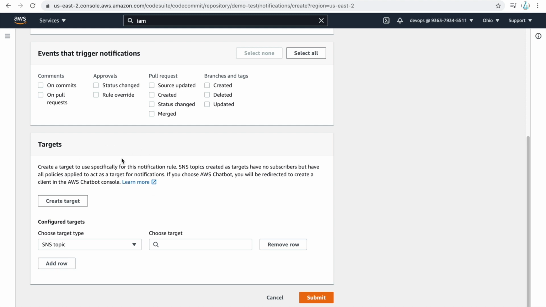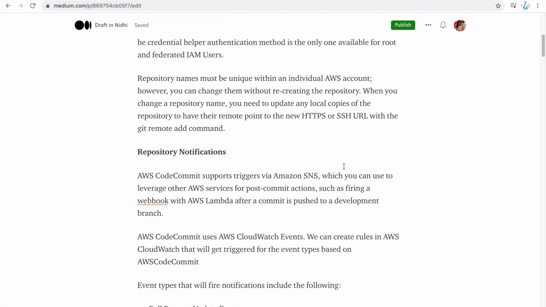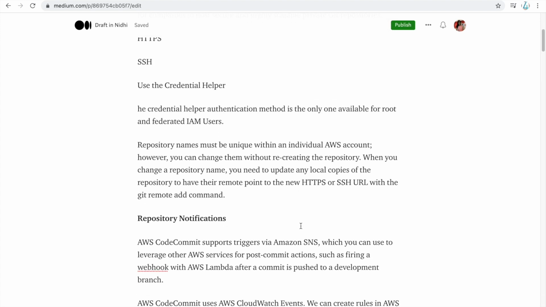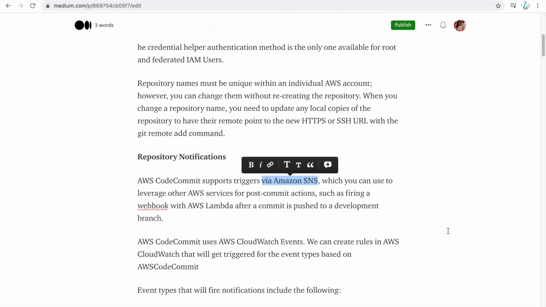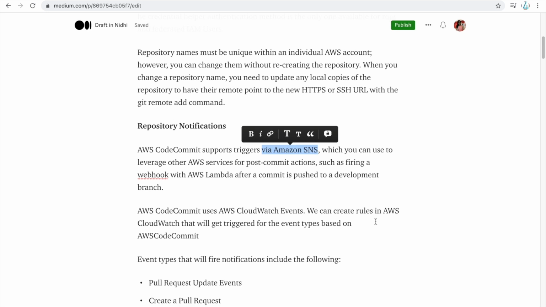AWS CodeCommit uses SNS. It supports triggers via Amazon SNS, which you can use to leverage other AWS services for post-commit actions. For example, after a commit, if you want to fire a webhook with AWS Lambda, you can do all that. They also use AWS CloudWatch Events, where we can create rules that get triggered based on conditions.